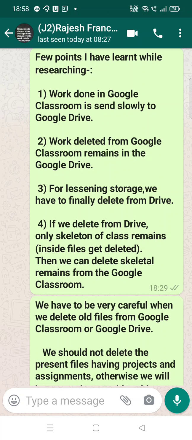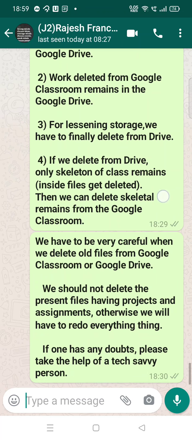So if we remove from Google Classroom first, then it goes from the drive. But if we delete from the drive first, then the skeletal part remains in Google Classroom. You will see in my fourth video, there are 5-part videos, and you have to watch and follow each one so we can remove it finally. If you first remove from Google Classroom and then from the drive, there is no problem. So this is a 5-part video.